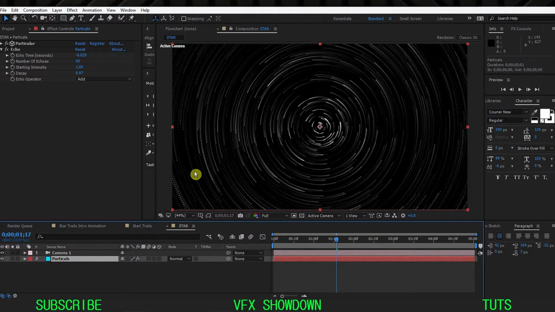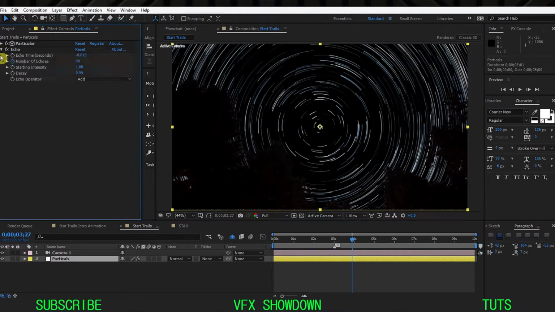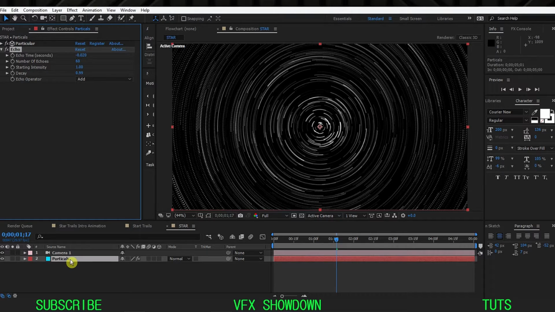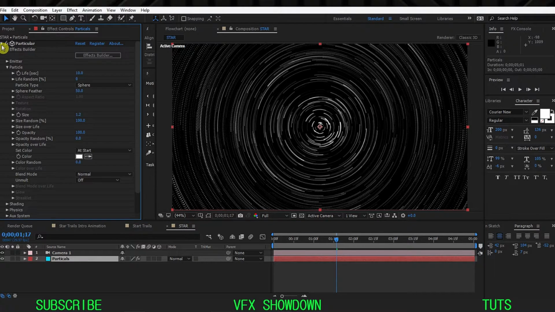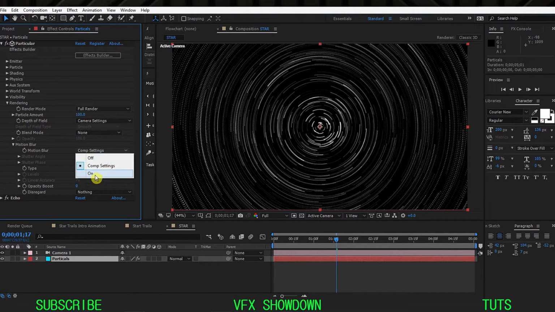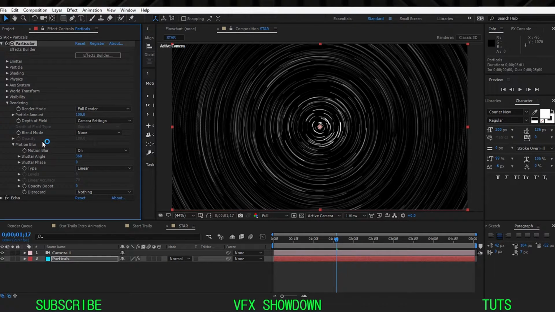So this will happen when you enable the motion blur. As you can see, this is at 1 point 99. Okay, so let's make it 0.99 and see what that looks like. Okay, looks good. So in the particle layer, go to the rendering, and the motion blur we need to enable. I'm not gonna use the comp motion blur, I'm gonna use the built-in motion blur. So now you can see this looks good, and just increase the shutter angle